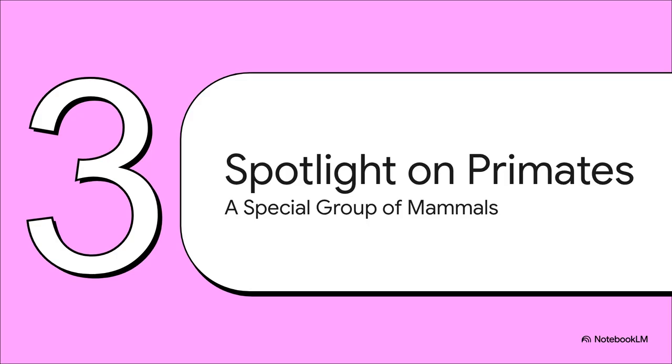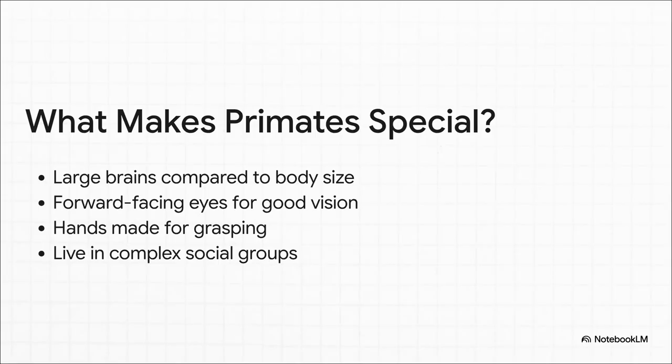All right, let's quickly zoom back into that tiny 4% because I want to put a spotlight on a really special group of mammals that we happen to be a part of, the primates. So what makes primates, like monkeys, apes, and us, different from, say, a dog or a cow? A few things, really. We have really large brains for our body size. Our eyes both face forward, which gives us amazing depth perception. And we have hands that are great at grasping things, sometimes with those super useful opposable thumbs.